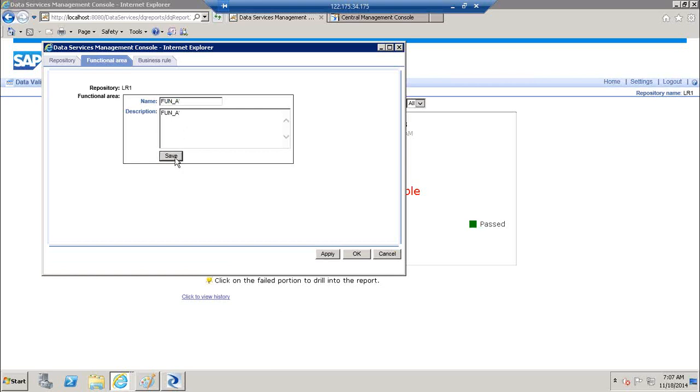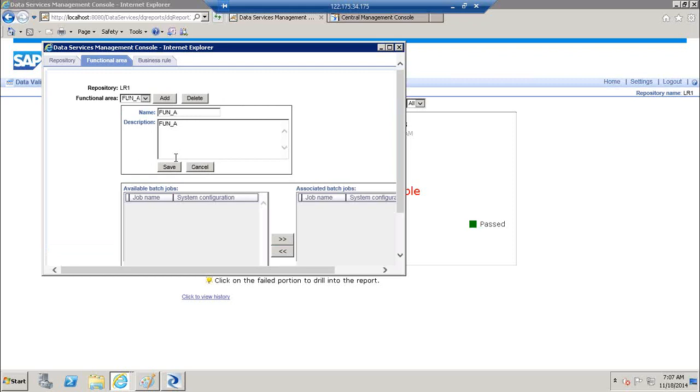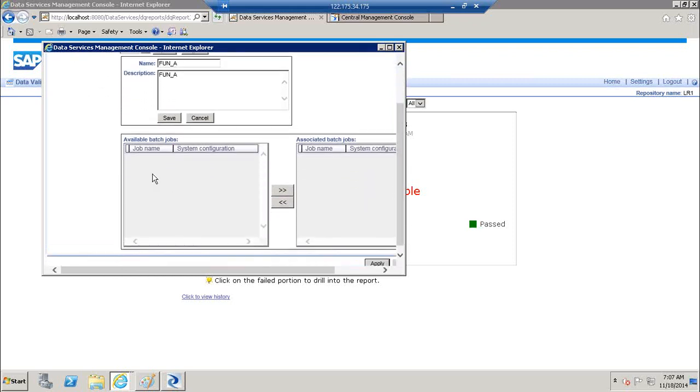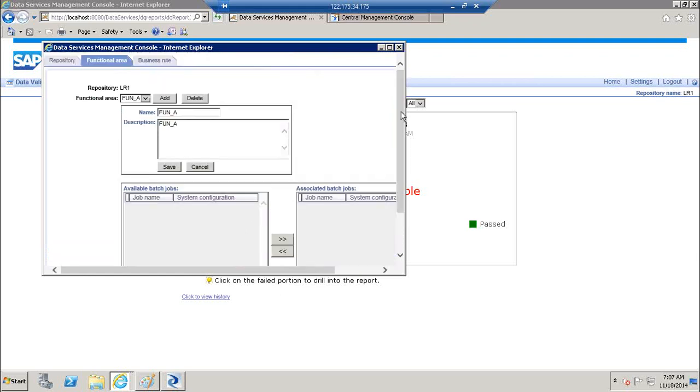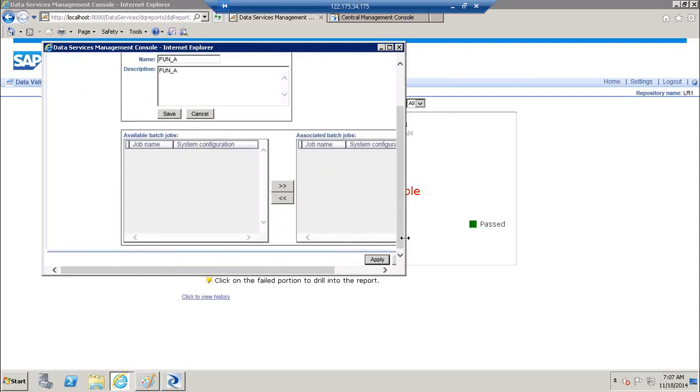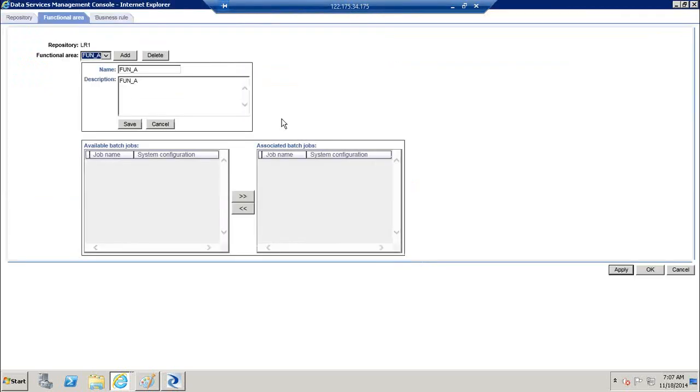Right, so just click on save, and once you click on save, it will show all the available jobs here, right? All the available jobs with some validations on that one. Now, as of now, it's not displaying, but let me maximize this one. So here what you need to do is, once you